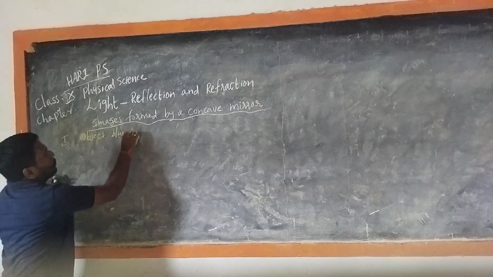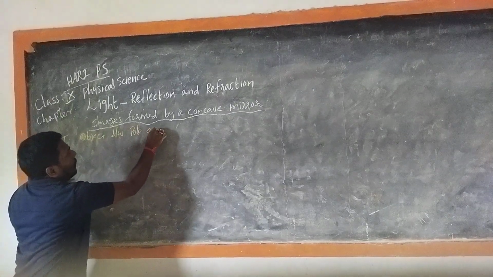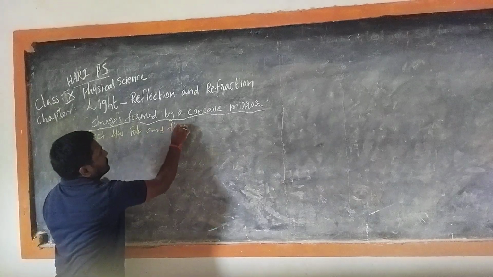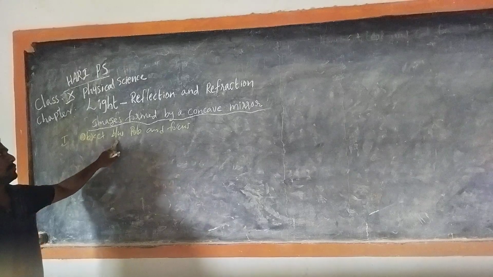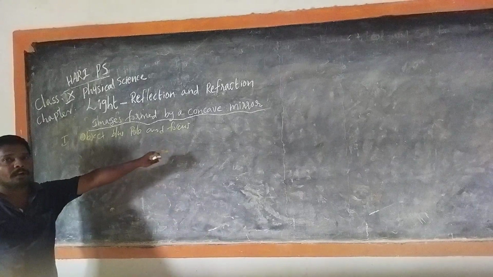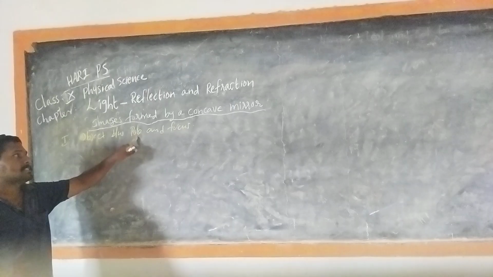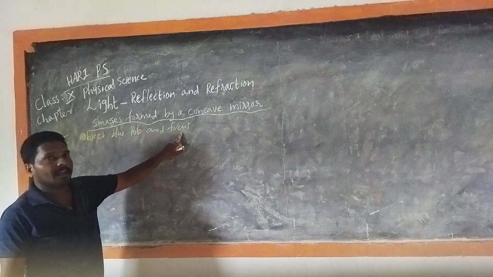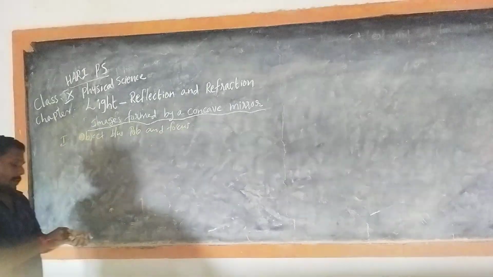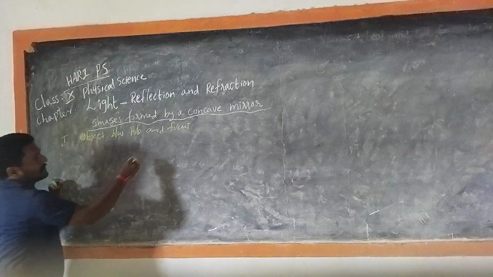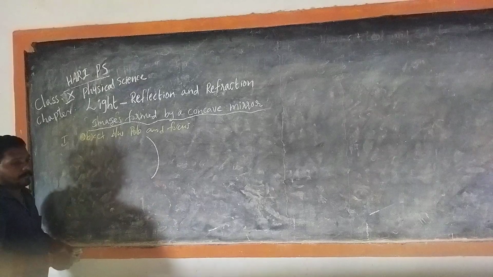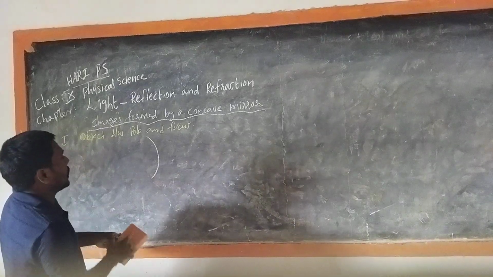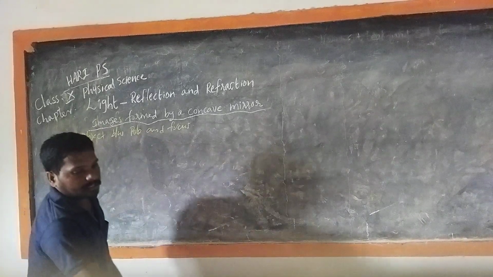So what happens if the object is placed between pole and focus? You know what is the pole and what is the focus, right? So let us now understand. For understanding this formation of images by a concave mirror, at least we require